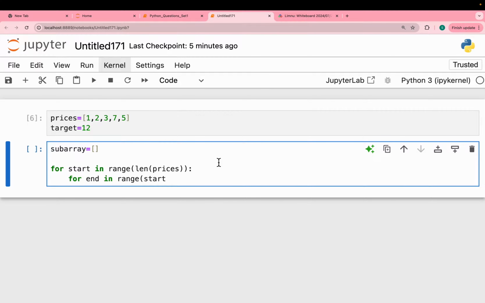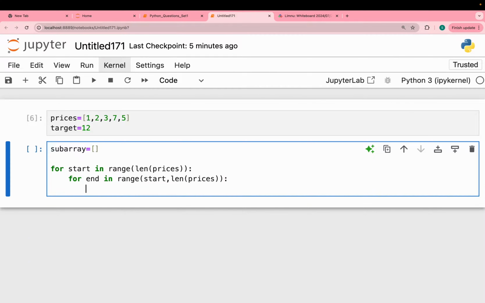So for end in range, start to start, and then it will go till length of prices. Okay, so this is the first step that we have done. So this particular part we have divided, and now